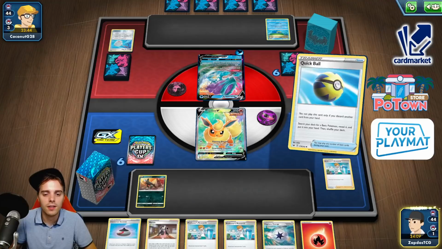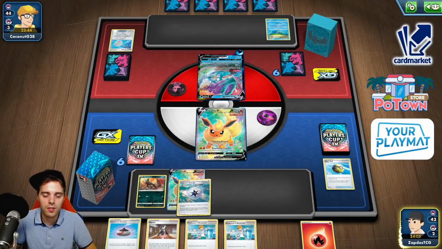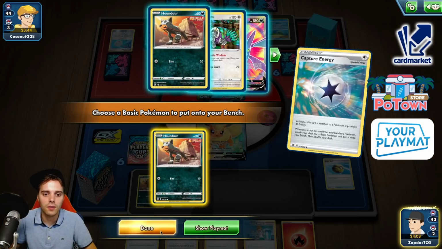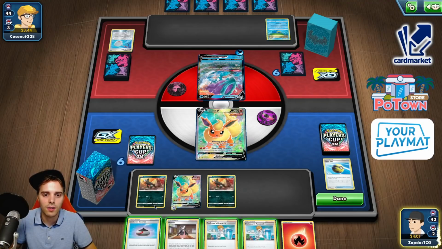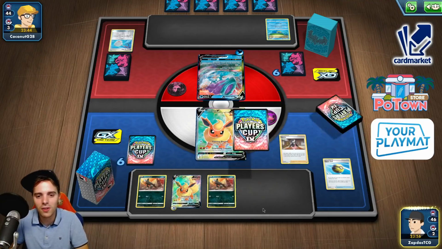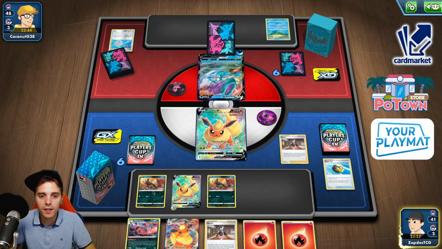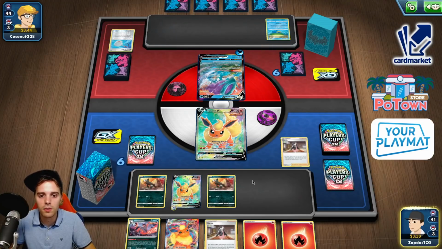Yeah, Flareon, I guess, because this guy's gonna eat us up. Flareon, capture energy, Houndour. Slapping the Houndour down. And it's Marnie time. Putting the opponent to a low hand size is our only way out. We do have the Flareon VMAX and the Houndoom, so the deck does work, but